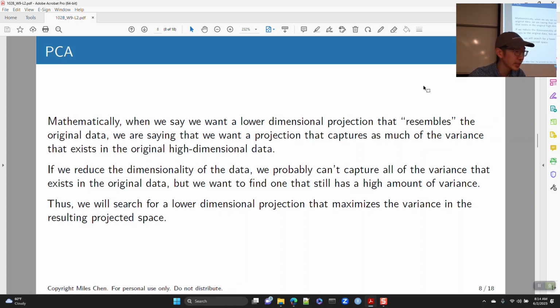So mathematically, the way we define this notion of our lower dimensional projection resembling the original data is we say we want a projection that captures as much of the variance that exists in the original high dimensional data. So your original data has a certain amount of variance, and when you reduce the number of dimensions, like if you reduce the number of variables, you're going to lose some of that variance, okay? Unless you have like 2 variables that are perfectly collinear,